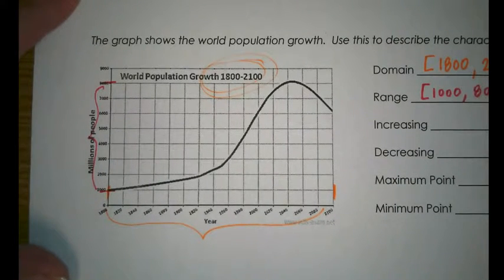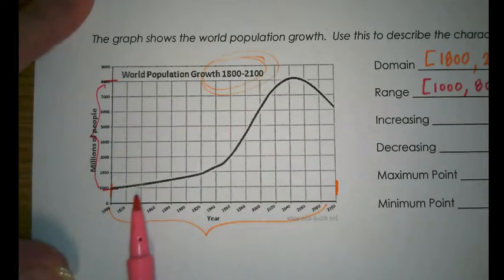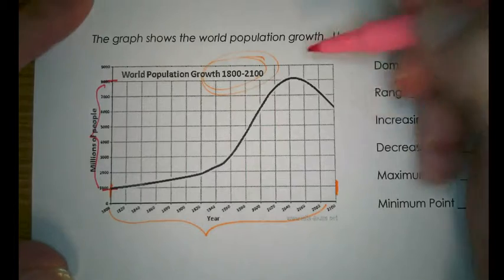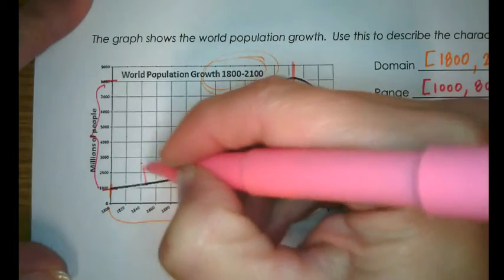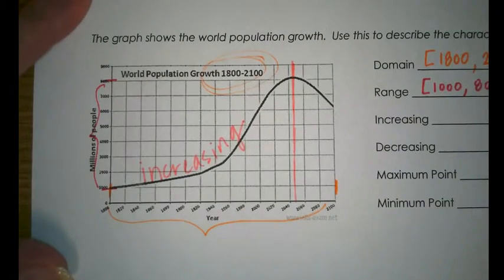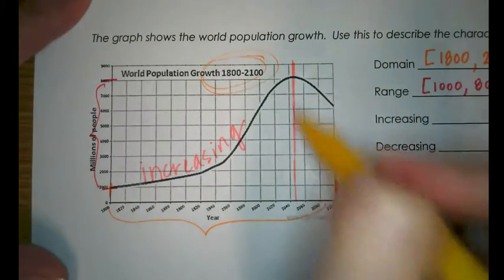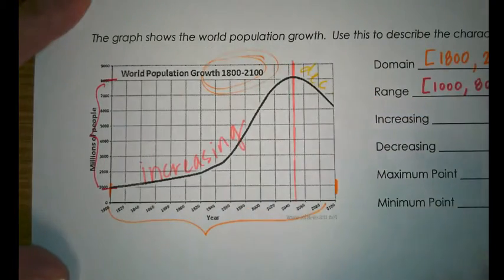All right, so next up we're going to look at the increasing and decreasing. It looks like starting in 1800, the population is increasing. It's still increasing. Maybe somewhere around here is where it stops. So all of this right here, the population is increasing. And then from whatever year this is, we'll zoom in in a second and see if we can figure out what year that is. But then it looks like from here to the end of the graph, the world population was